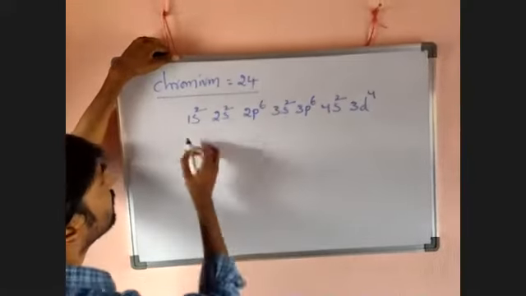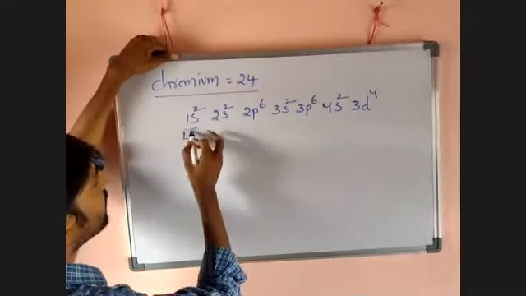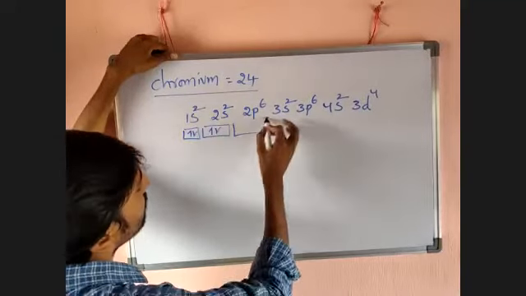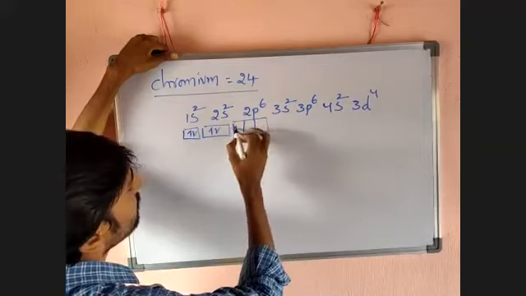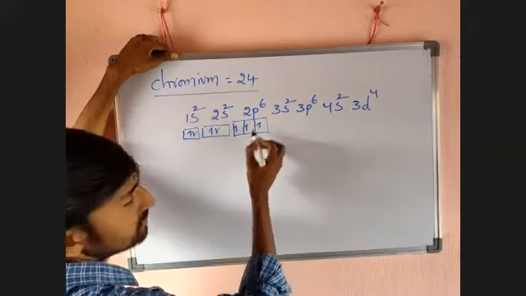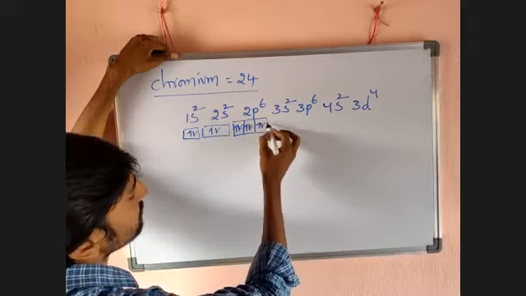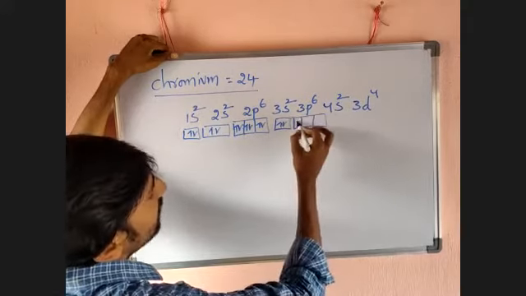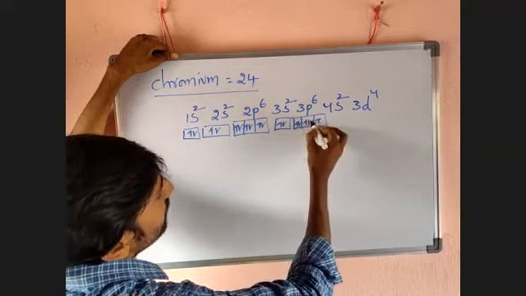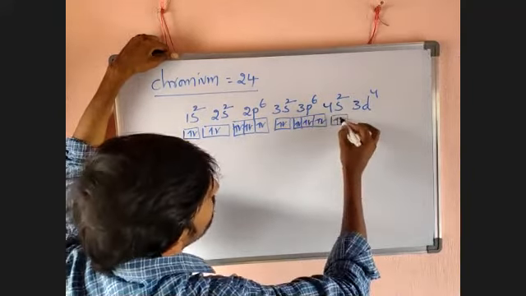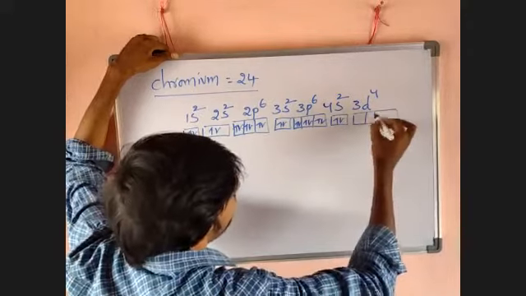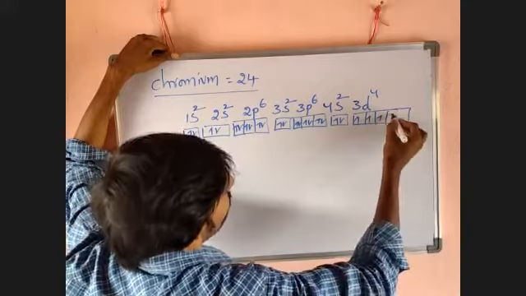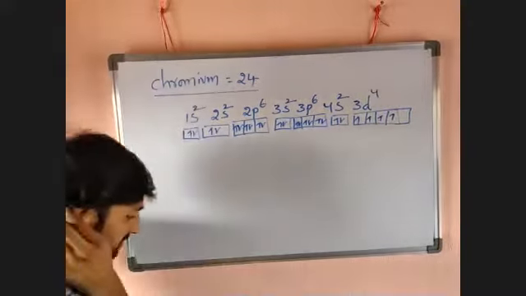So look here. It is 1s2. It is 2s2. We know that there are 3 orbitals: 1, 2, 3. After partial filling, 4, 5, 6. Then here 1, 2. Then here 1, 2, 3, 4, 5, 6. Then here 1, 2. Then the d orbitals are 5, well known: 1, 2, 3, 4. We thought the electronic configuration is like this.